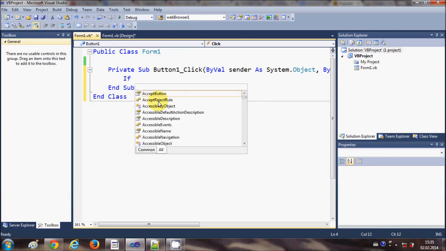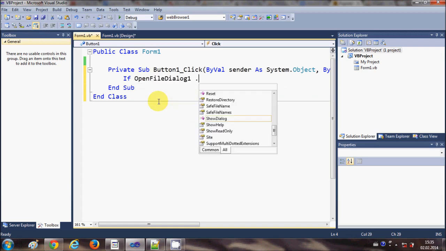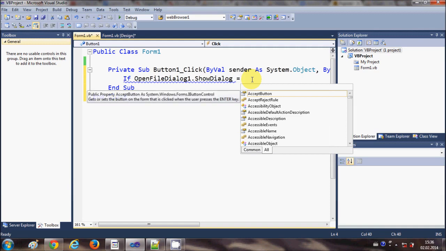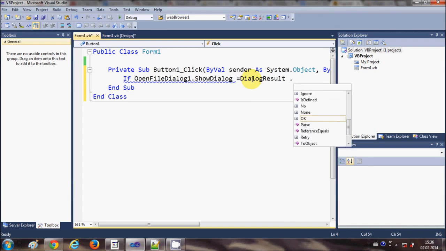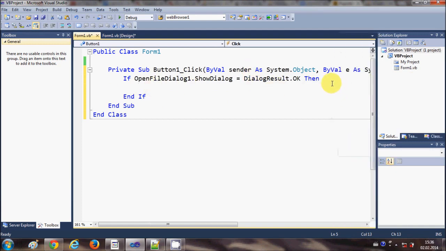So I will write If OpenFileDialog.ShowDialog, and it has automatically created Then, but I don't want Then, is equal to DialogResult.OK, and then if this is okay, so what this sentence is doing is it will open the Open File Dialog,